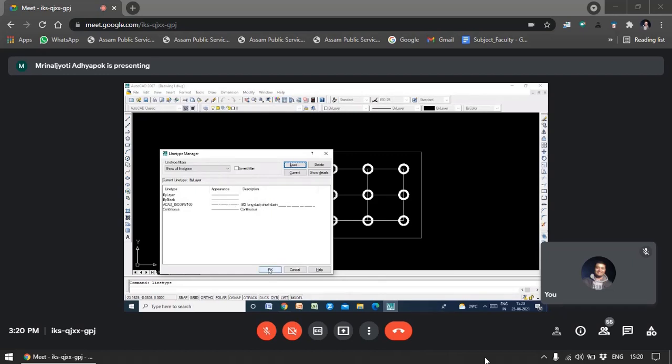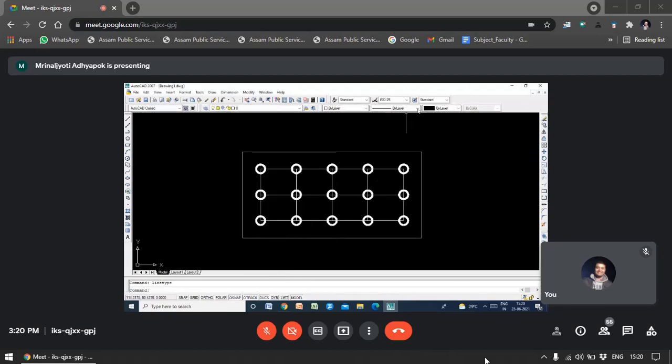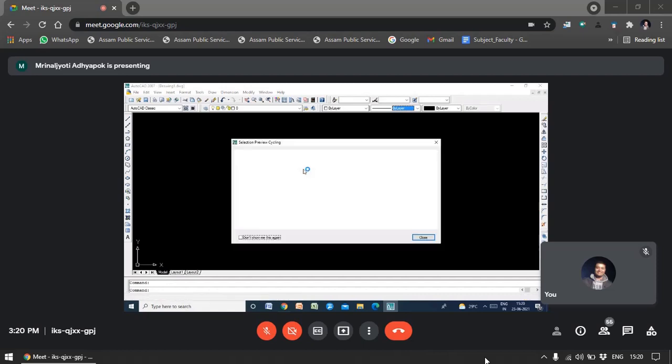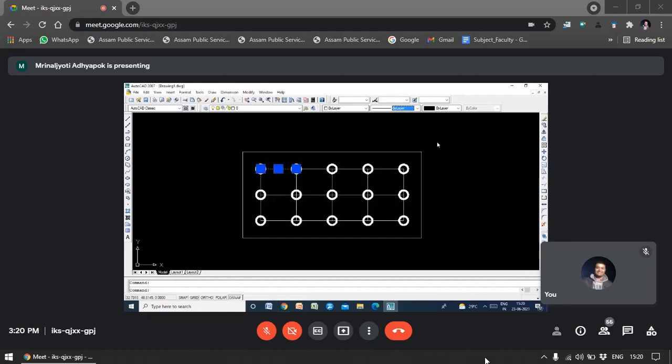So after you have shut down this AutoCAD, then it will go away again. Again you have to load this. Then after that, press okay. Then after that, you can see here, it comes here. After that, just select these lines. So how to select this? Press shift, continuously pressing shift, and select this.